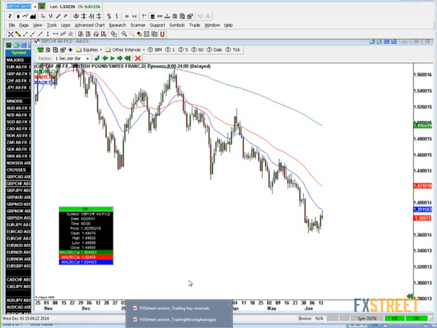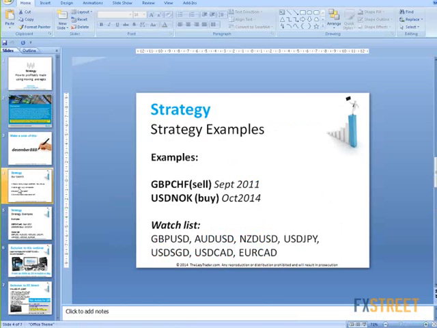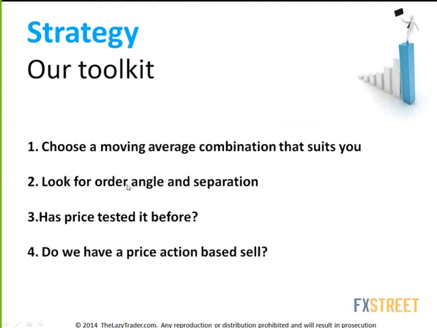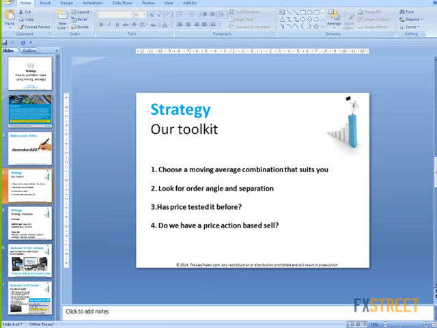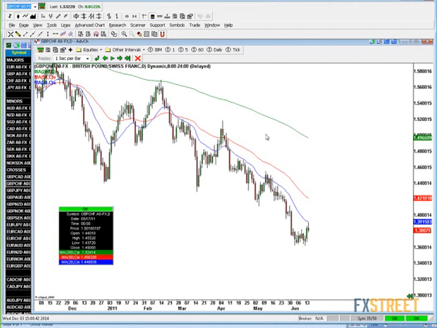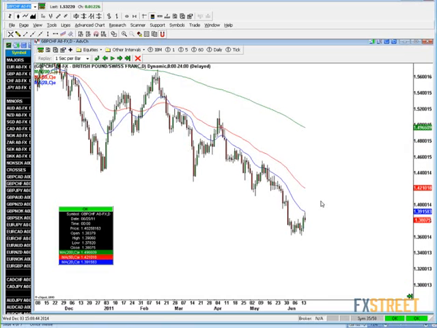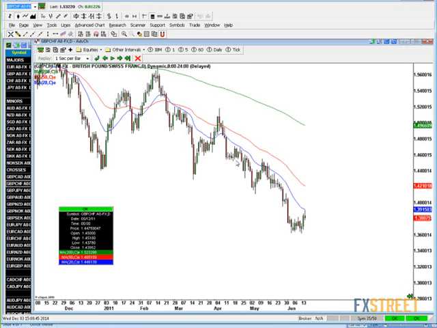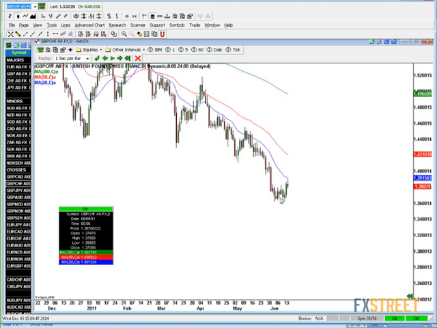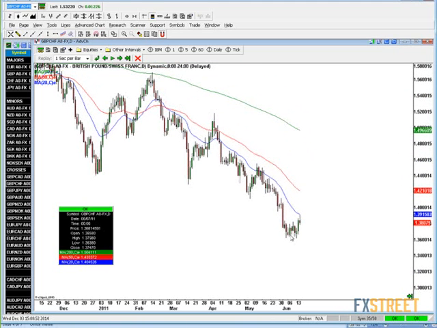So we go back to our checklist, and I'll just quickly show you what else we need to go to. So we've got order, angle, and separation. Now we want to see what price is doing. Has it tested it before? Well, let's have a look here. I can definitely tell you one thing about price here, and this is thanks to the analysis of the moving averages. It's moving downwards. But here, in very much the same way as horizontal levels of support and resistance